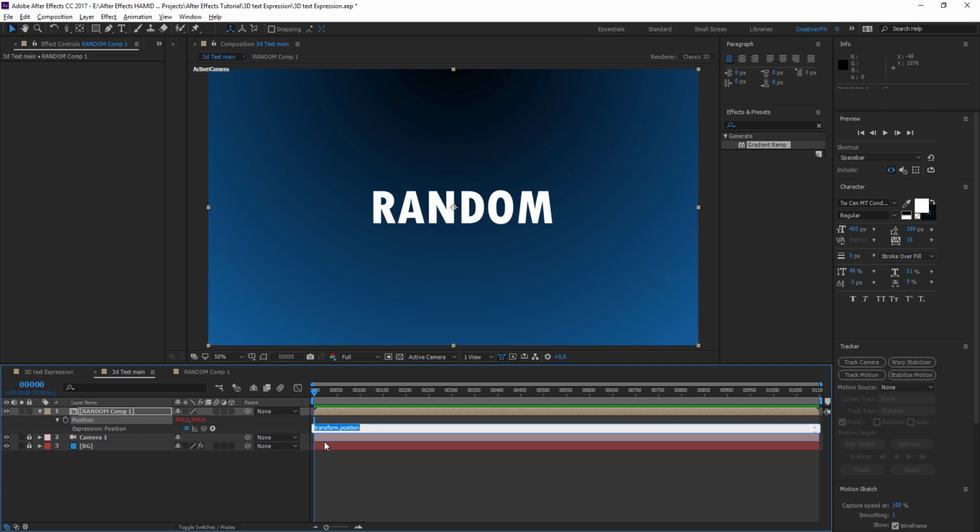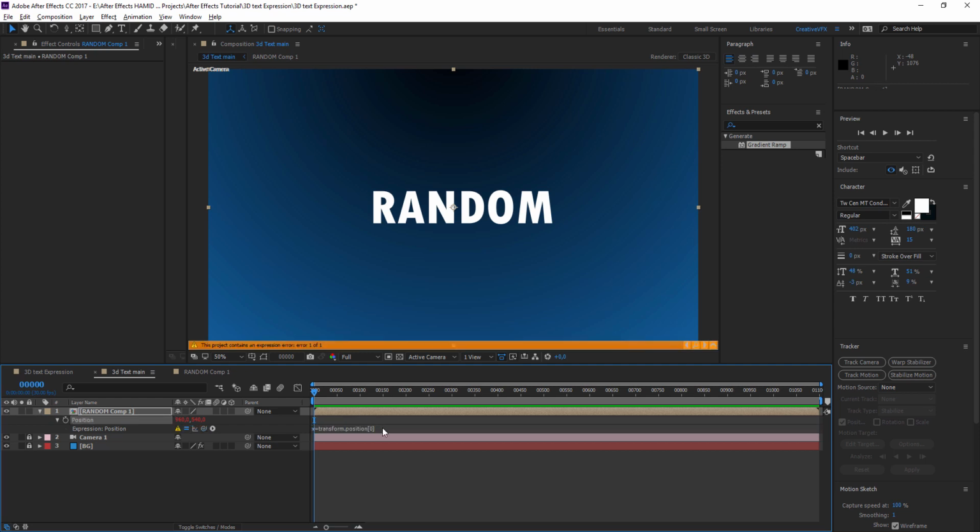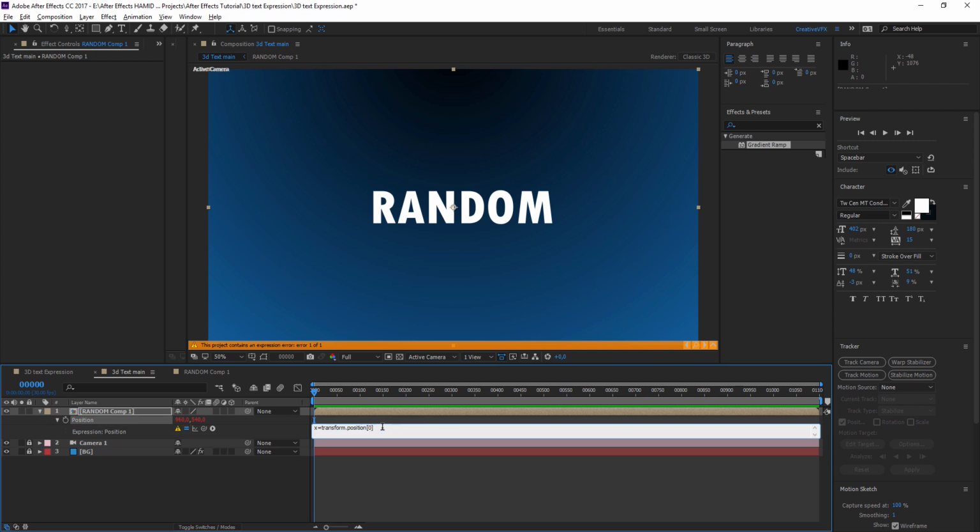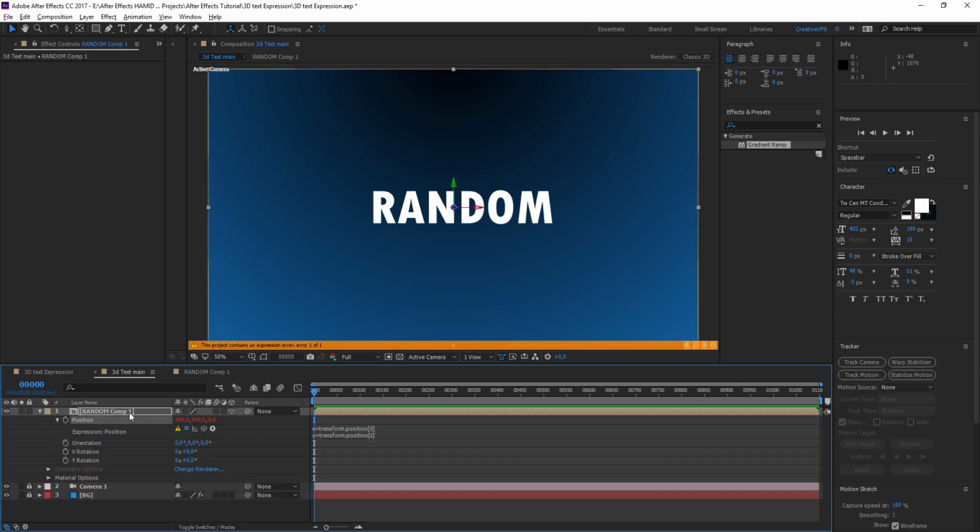But basically we're declaring some variables here. We declare a variable called x equals, then pick whip it to the x, hit enter. Of course it's going to come up with an error, because you didn't need to hit enter actually. That's just going to complete the expression sentence. So y equals, and just take the pick whip to the Y. Oh, you know what? Sorry, guys. I forgot to enable the 3D switch on this layer also. So that's enabled now. So back to our expression.